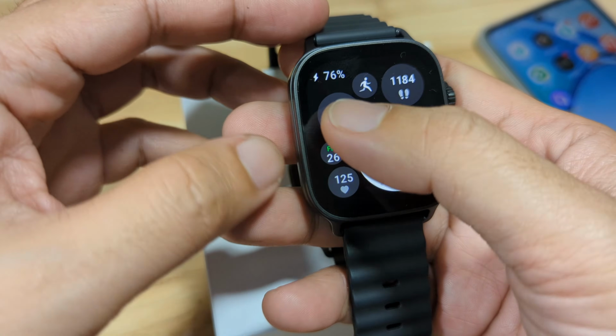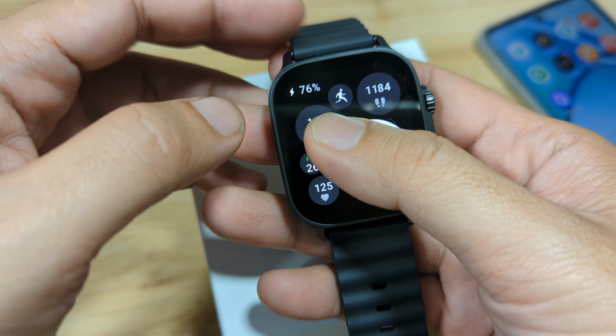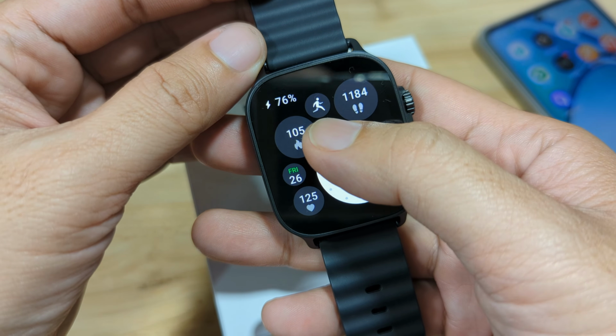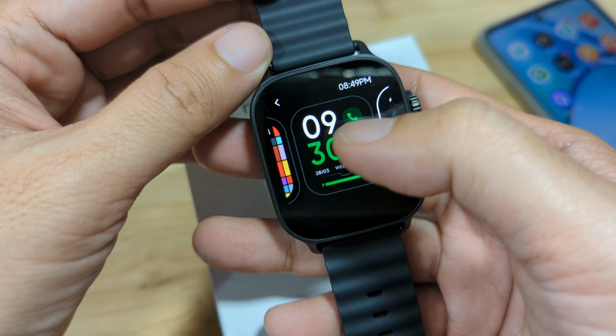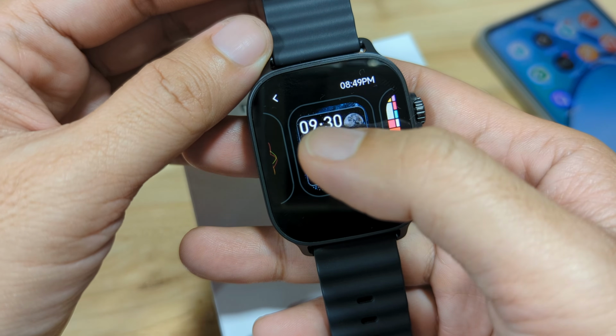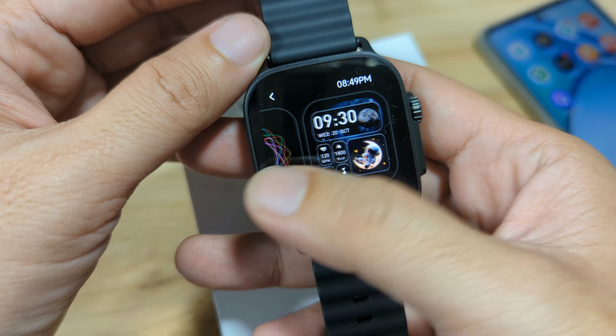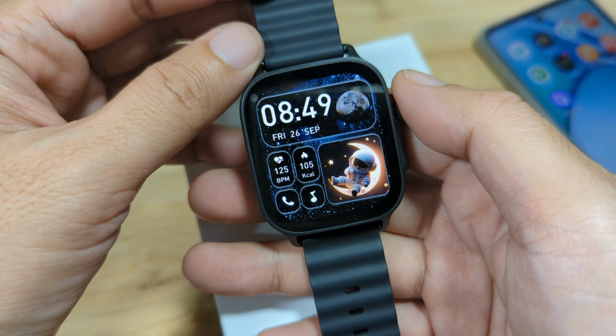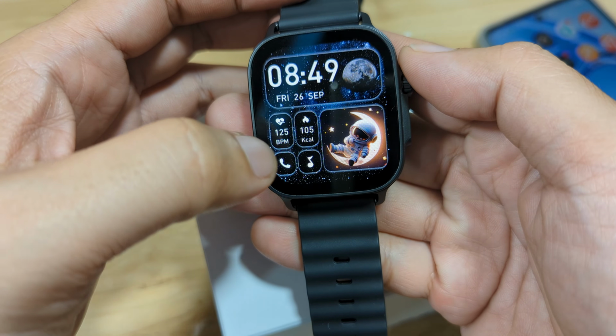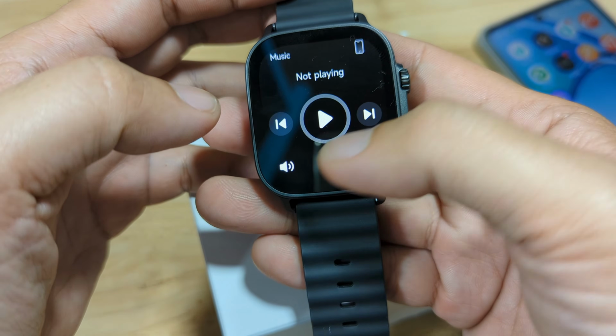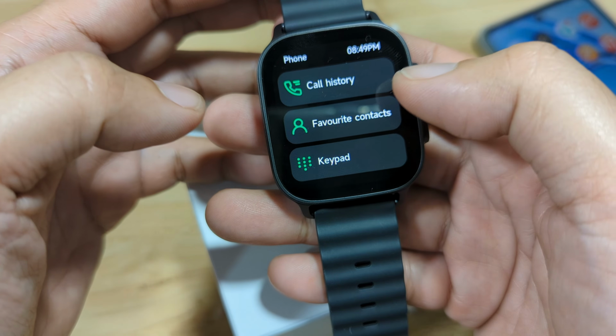A very cool feature that is available in the Watch 5 smartwatch. It is not just a plain watch face. There's also a shortcut icon for the features in the wearable.